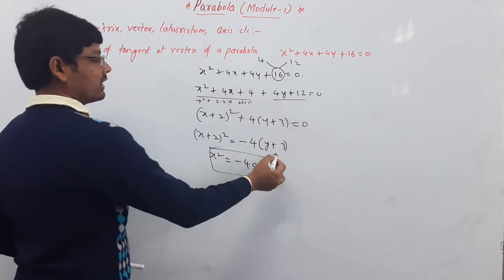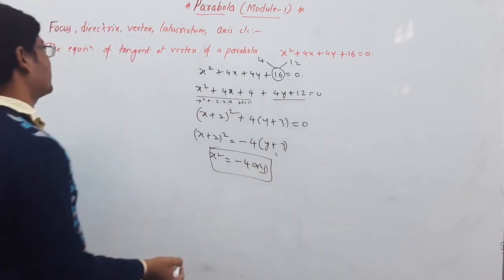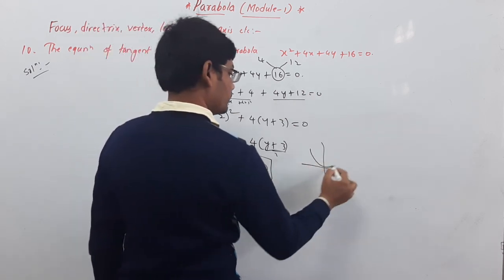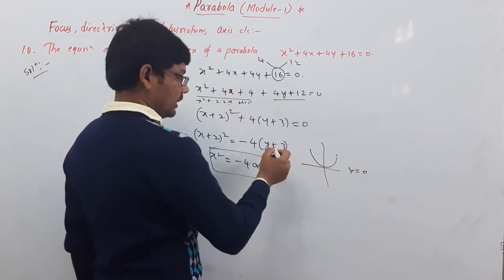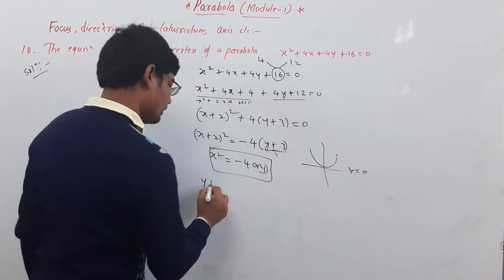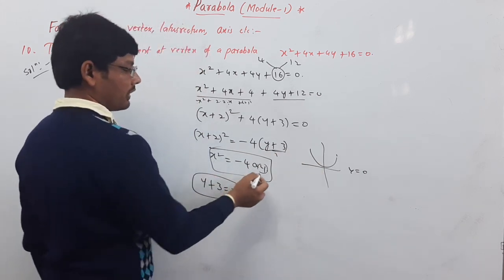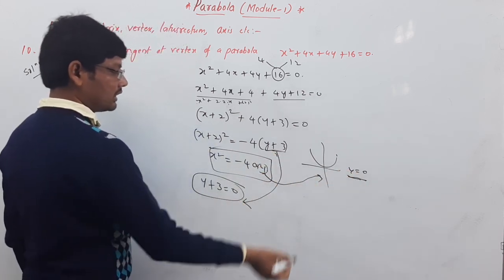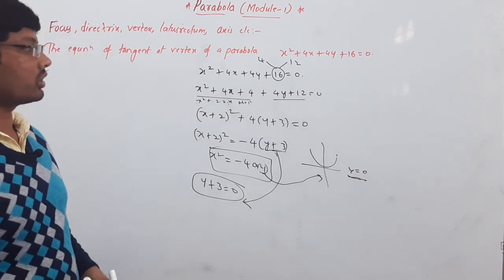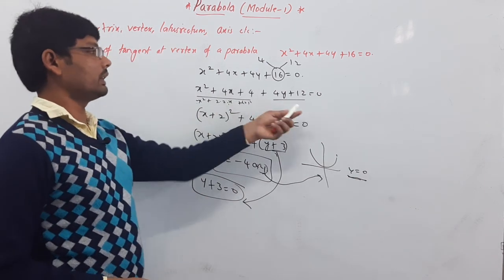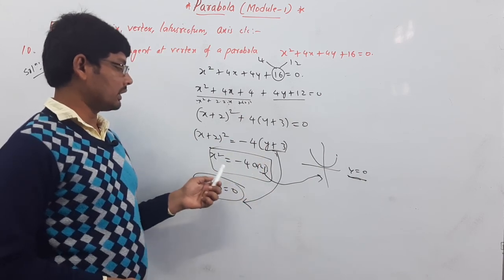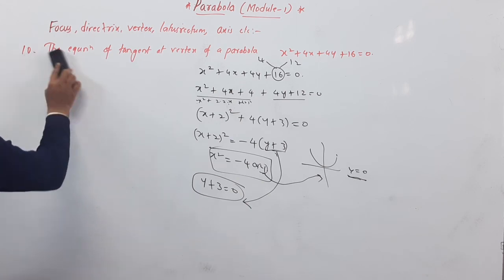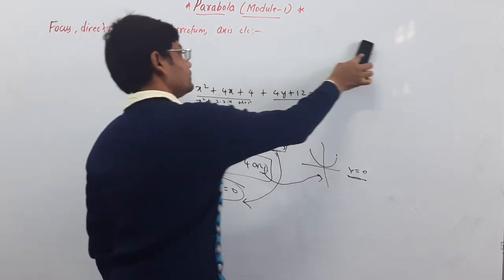So here, this is the equation of tangent, it is having y plus 3 is equal to 0. Then the equation of tangent will become y plus 3 is equal to 0. For the standard form the equation of tangent is y is equal to 0, and for this one the equation of tangent is y plus 3 is equal to 0. This is the solution for this question. This is a simple question. I am separating the terms and finding the form x square is equal to plus or minus 4ay, which is the form of a parabola here.